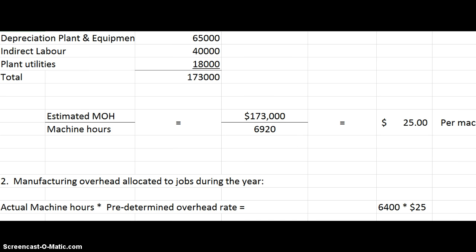Okay, so now let's move on to part 3. In part 3, we're asked to compute the under or over allocated manufacturing overhead. How will this under or over allocated manufacturing overhead be disposed of? Well, the answer to that disposal is the difference between what we put to the jobs and what really goes into the account. Well, it goes into cost of goods sold